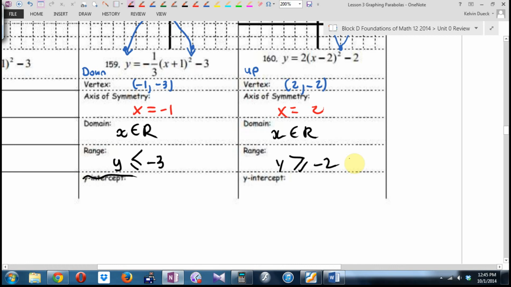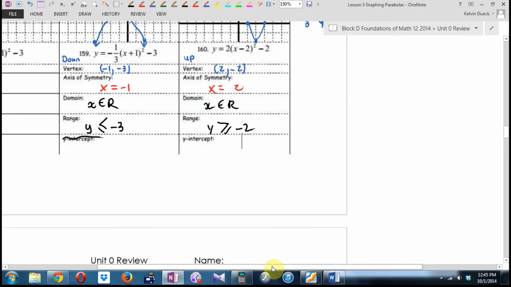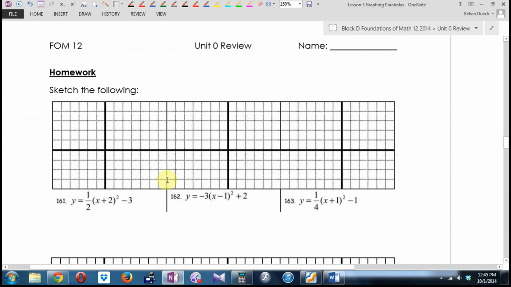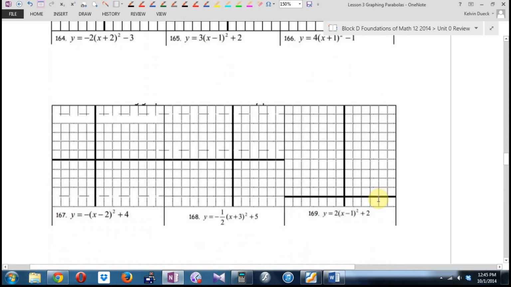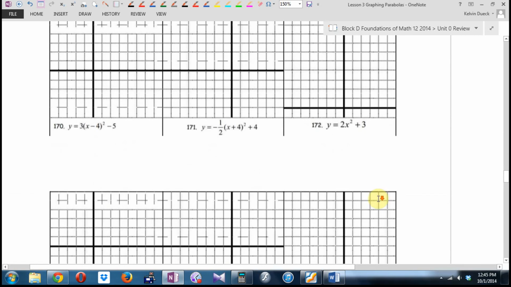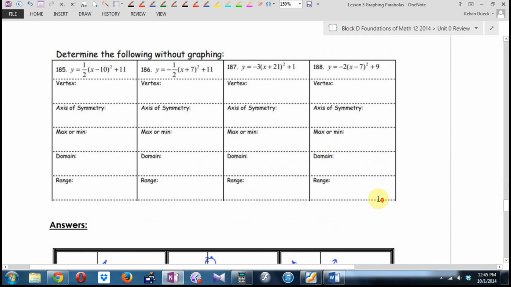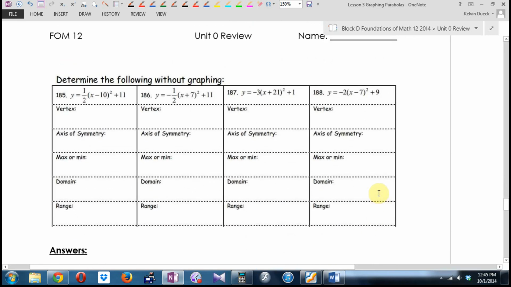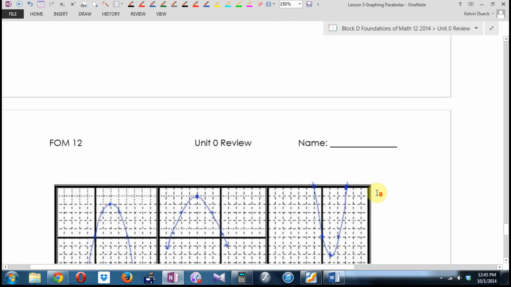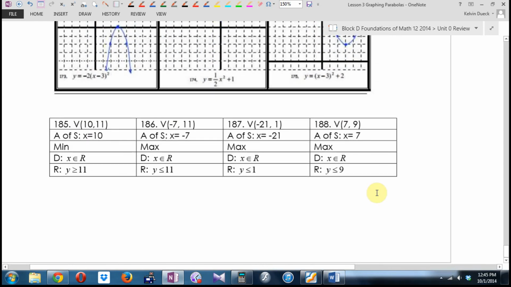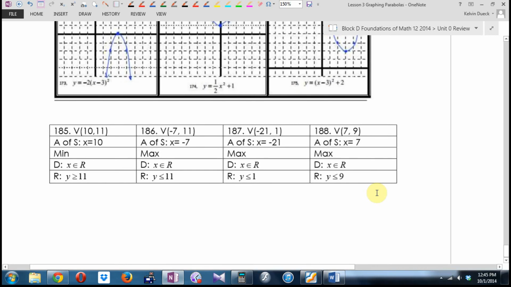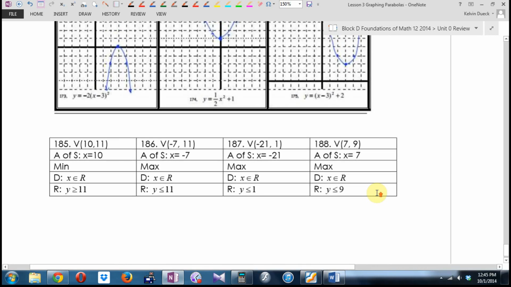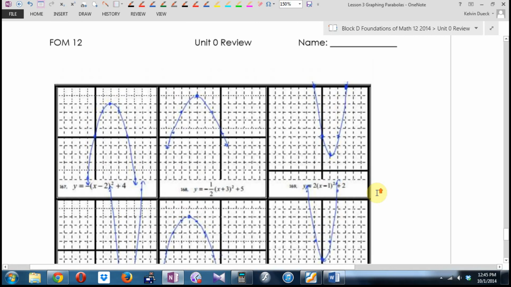Coming back to you, okay? So what's your homework? Lots of practice with this. So on the following pages, sketch those. Okay? And then, I think am I just having you sketch a bunch? And then on here, can you tell me the answers without actually graphing? And I've tried to include the answers here of the sketches and stuff. So the only worry is I made up the answers for numbers 185 to 188, so there could be mistakes, because I do make mistakes all the time. But I want